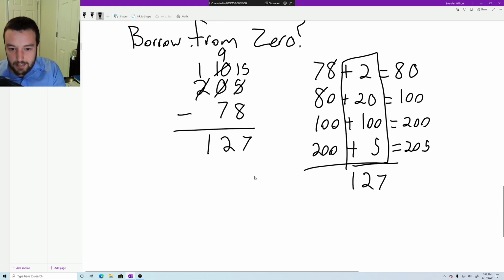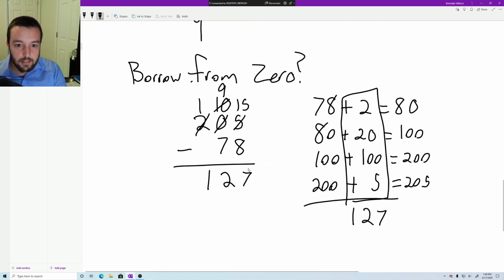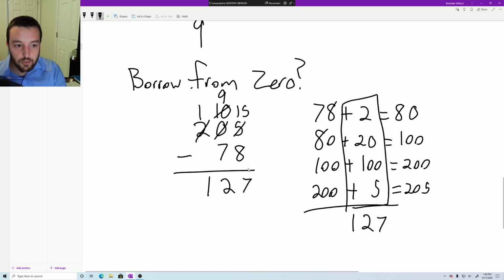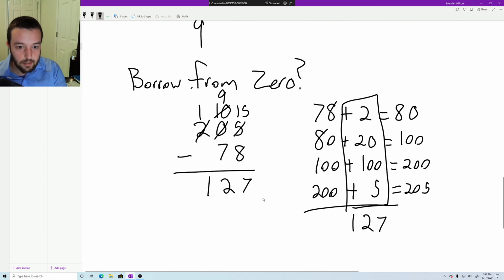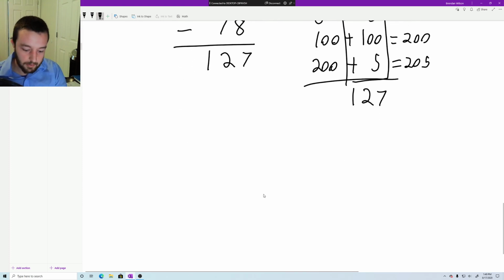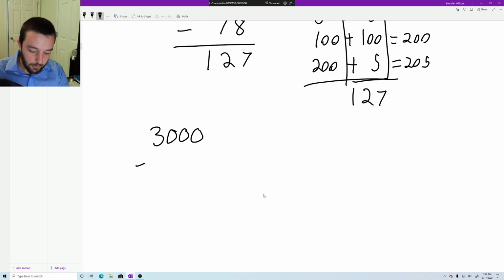So which one of these is easier? I mean, it's really just a matter of preference. I don't care which one of these methods you do. Now that we know this, there's another good example of where the add up method is a little easier. You know, if you wanted to do something like this,